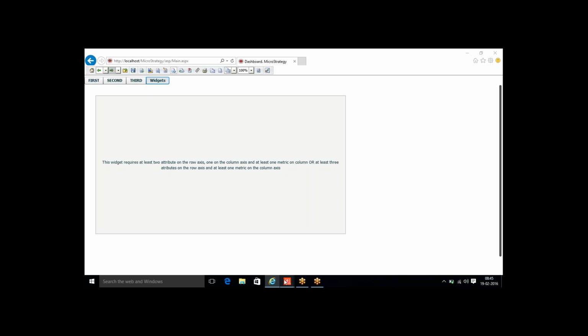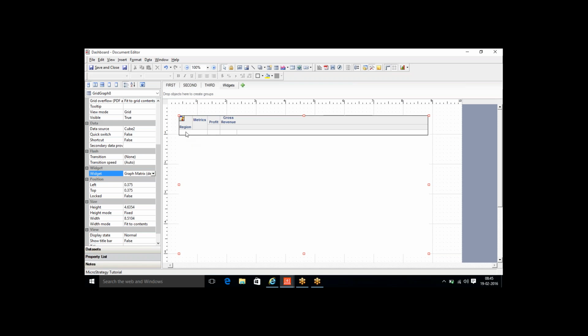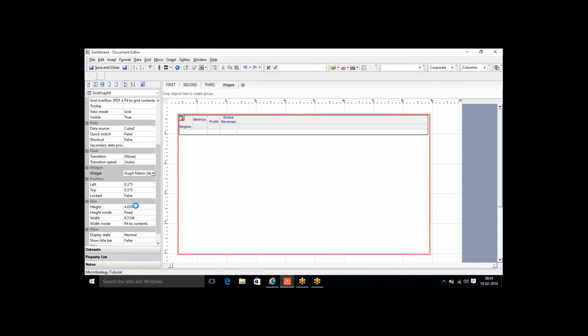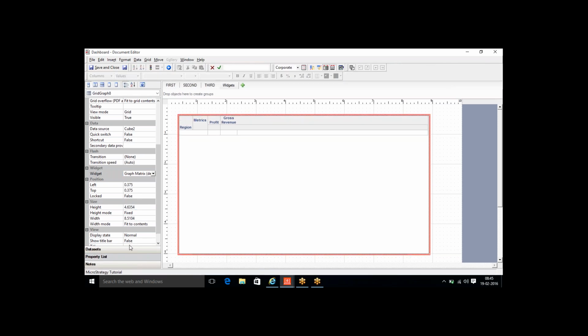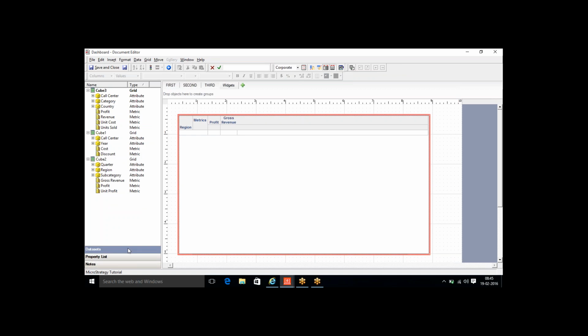So I will go back over here to the dashboard. I will make sure that I at least add the minimum number of attributes and the metrics which are required. So over here, I will add one more attribute along with the region. Let's say I add a subcategory attribute, and along with this, I'm also going to add a quarter attribute. So region attribute, subcategory attribute, quarter attribute as a column axis, and under metric, I'm saying profit and gross